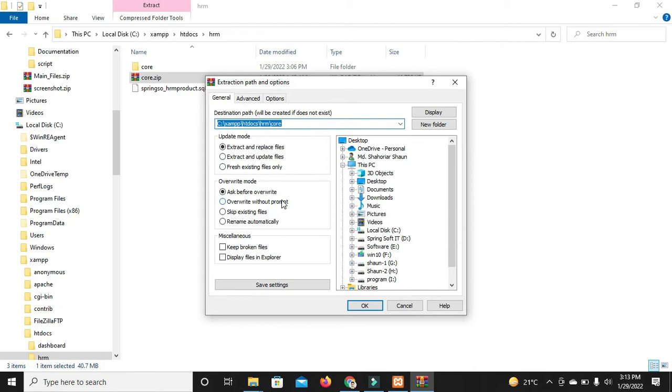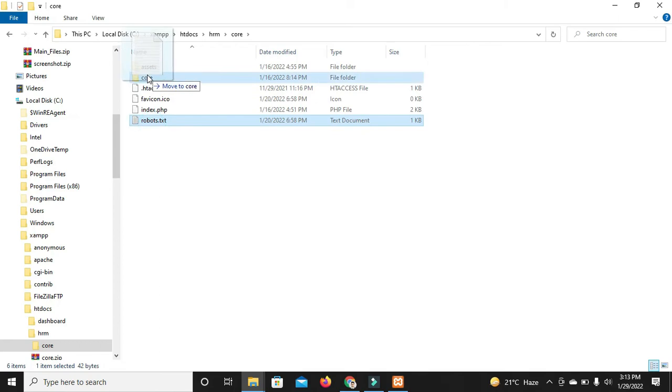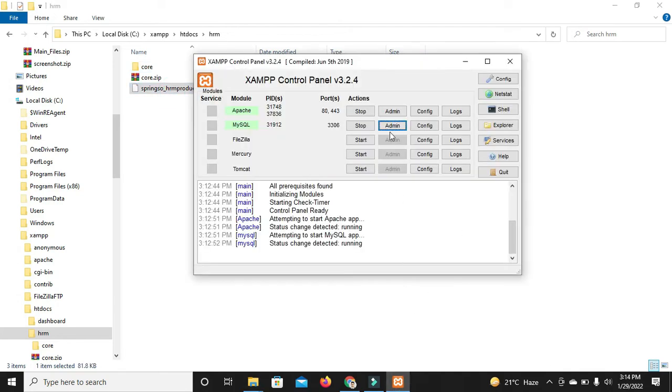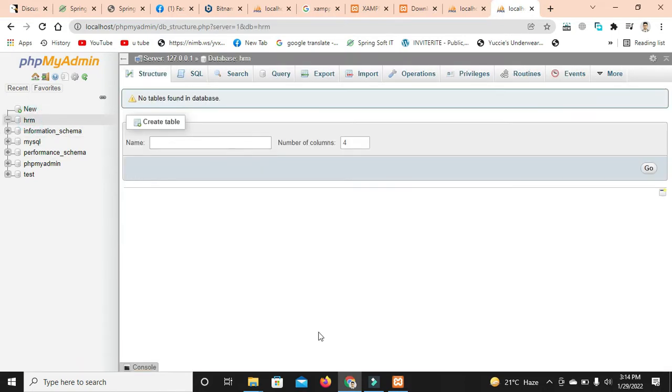So you definitely need to install an extraction software like WinRAR or something else. I have already done it, and this is the file. So at first what I should do is import the SQL file. From here just select the HRM and